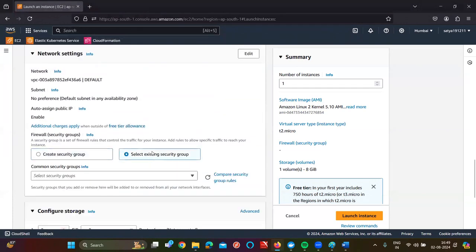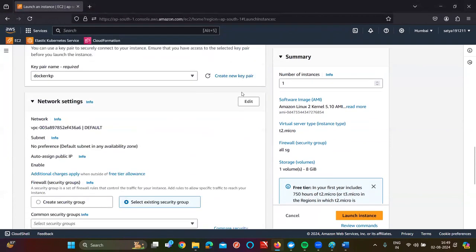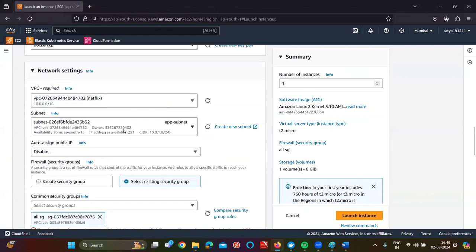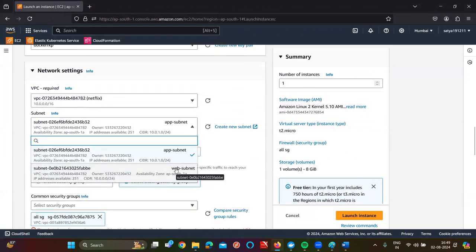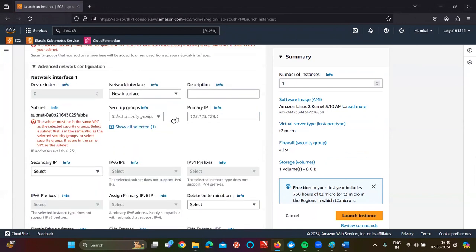For SSH, I'm going to give all traffic here. But here I need to select one more thing called Netflix, which is my VPC. Which subnet do I want to select, web or app? Web. Why? Because I'm launching the web server. Okay, so now what I'll be doing,